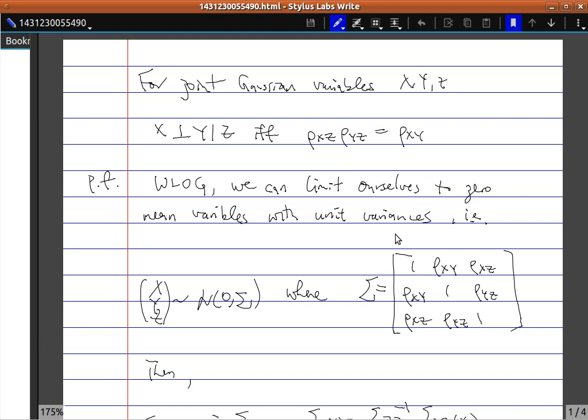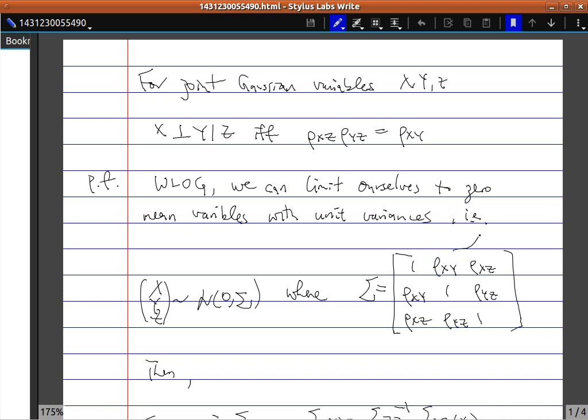If we have variables with zero mean and unit variance, then we can write the covariance matrix of the three variables as follows. The diagonal terms will be equal to 1 because each variable has unit variance, and the off diagonal terms will be the correlation coefficients, because for the